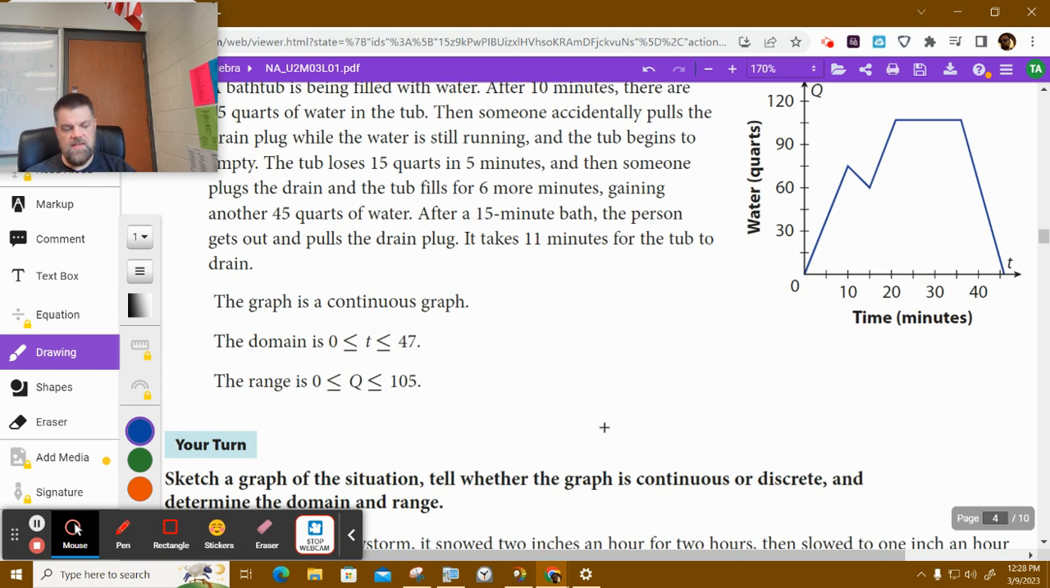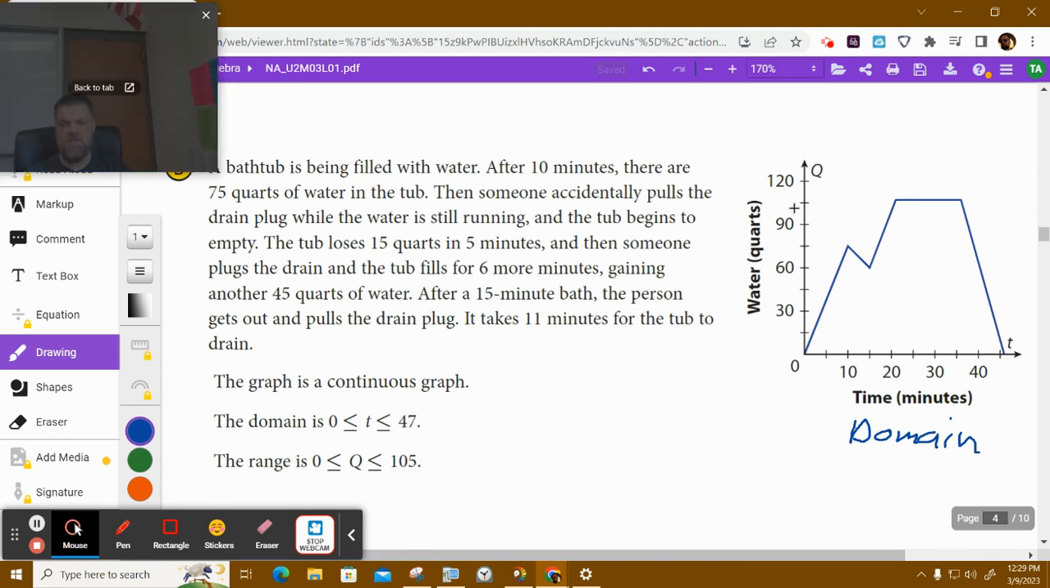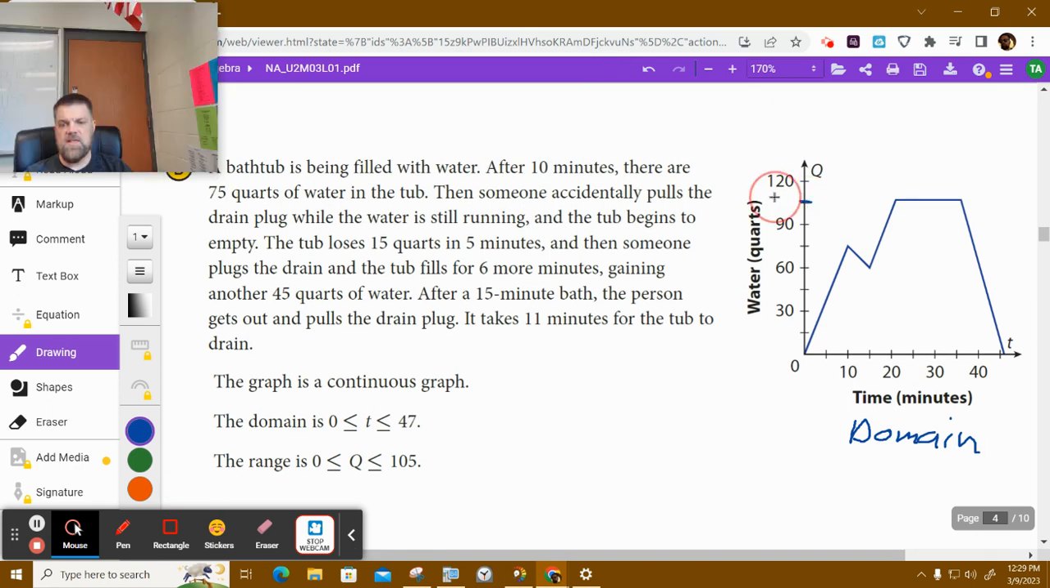So the domain, remember the domain is the x values. So this is the domain over here. Write this down on your paper. Whatever I write down, you write down. And then the range is from 0 to 105. So the highest this goes up to sounds like is 105. And the range are the y values, but in this particular case, instead of saying x and y, they